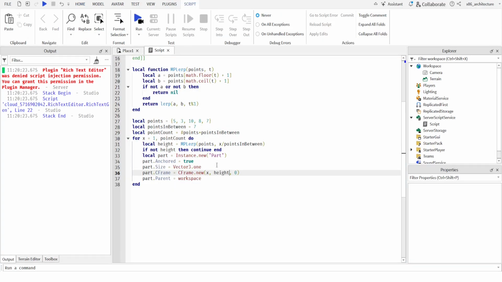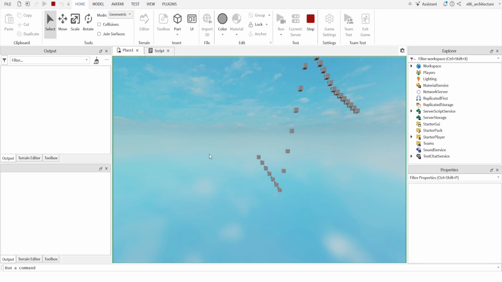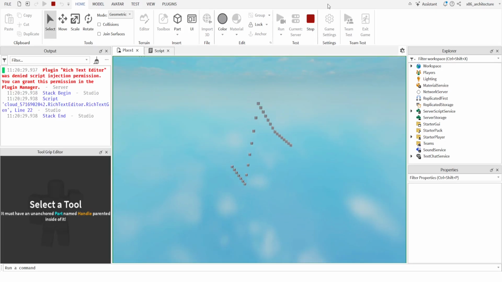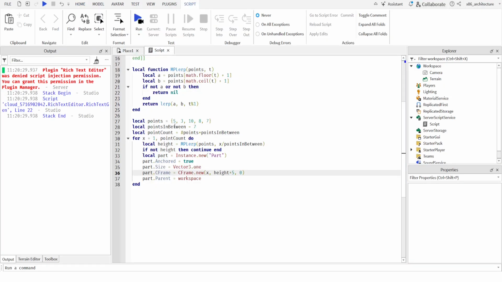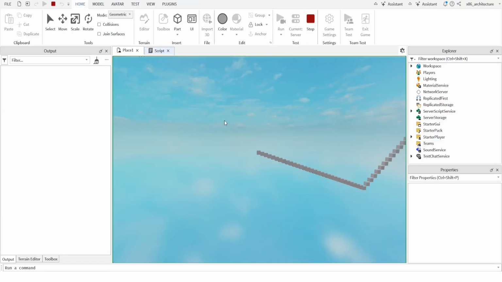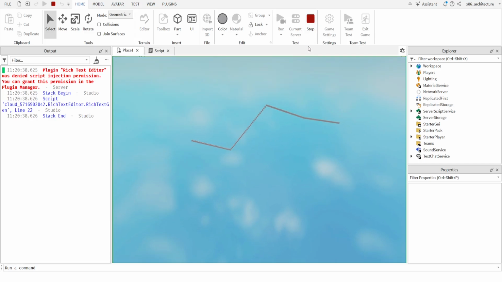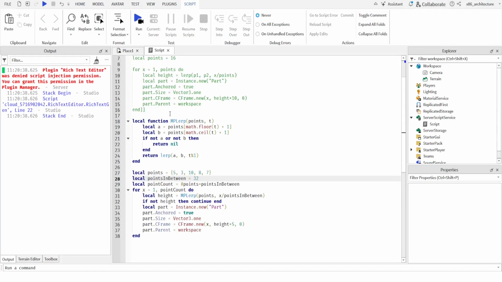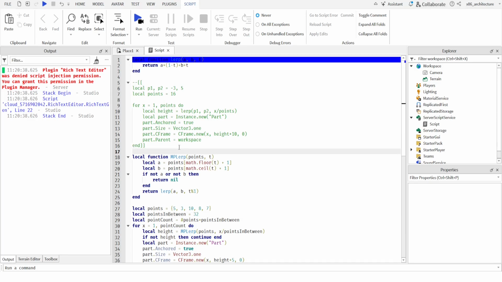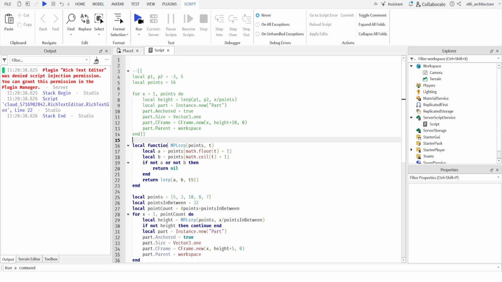So what I can do is I can emphasize the sharpness of it. You can see it looks really sharp. So we can do a few things. Number one, we can set this to something big like 32. So it generates that many parts. It still looks very sharp and pointy. So what do we do? We need to make something called an easing function. An easing function. So we need to take this and put this right here,